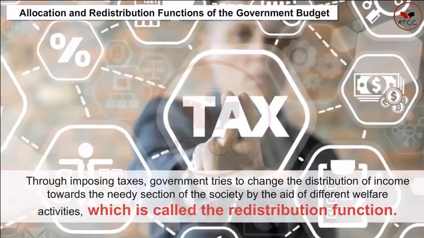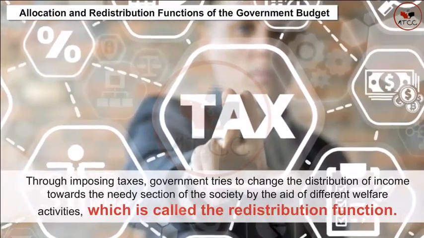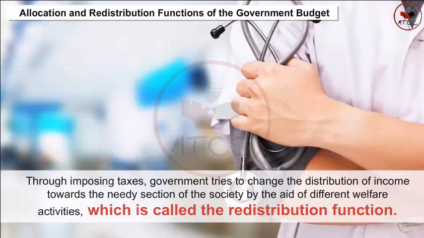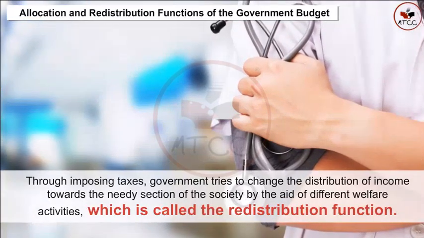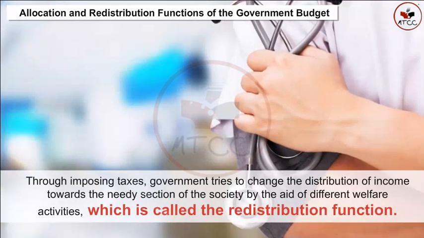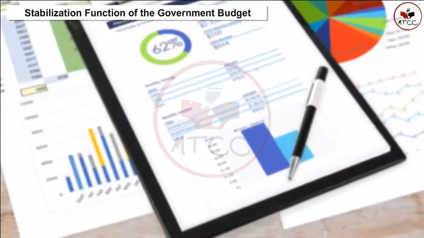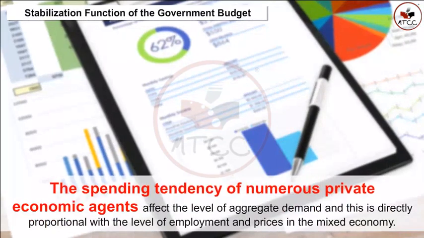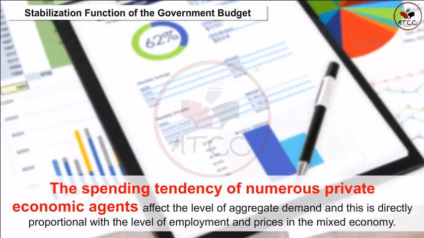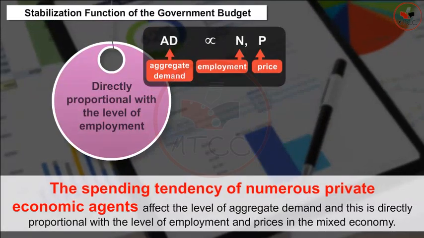Sometimes, through imposing taxes, the government tries to change the distribution of income towards the needy section of society with the aid of different welfare activities, which is called the redistribution function. Stabilization function of the government budget. The spending tendency of numerous private economic agents affects the level of aggregate demand, and this is directly proportional with the level of